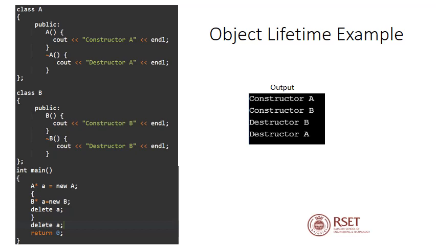And therefore, immediately the constructor of class B will be called, and we'll get the second output statement, constructor B. After that, we are deleting that object by calling delete a, and immediately the destructor of B will be called, and we get the third output statement, destructor B. And once we are out of the inner scope, again the object reference a points back to the class capital A. Now if you call delete a, the destructor of class A will be called, and the final output statement, destructor A, will be printed.